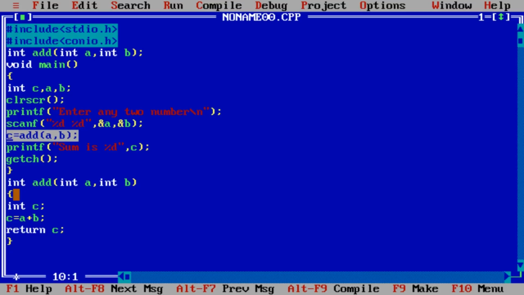When I call the function, the control from the program jumps to that function, meaning at the int add, int a, int b. This is the signature of the function and it is of the same signature we have called. If I change the function name, then there will be an error in the program. So we must take care of the signature of the functions we are using in our program.